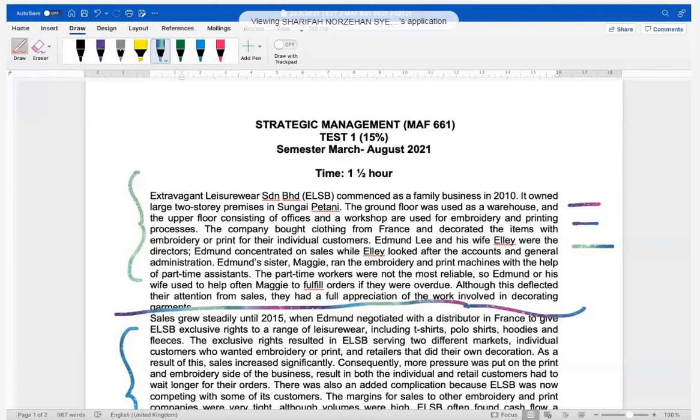Extravagant Leisurewear Sdn Bhd commenced as a family business in 2010. It owned large 2-story premises in Sungai Petani. The ground floor was used as a warehouse, and the upper floor, consisting of offices and workshop, are used for embroidery and printing process. If you ask me, they have this particular process taking place. And because I've already read the requirement, indirectly what I can say here is that, oh, I think this particular